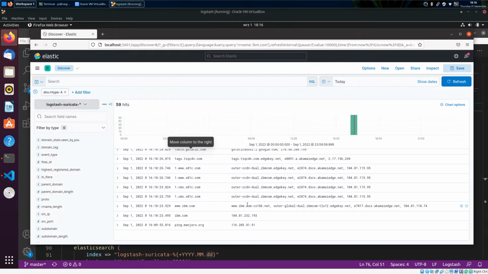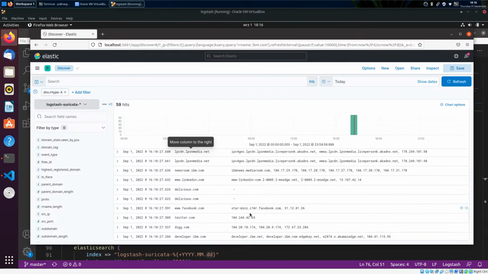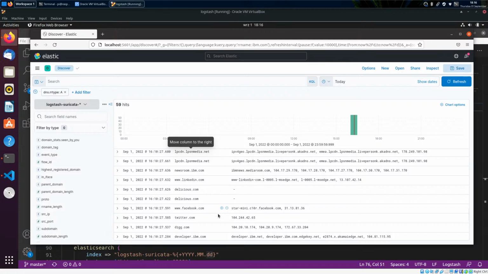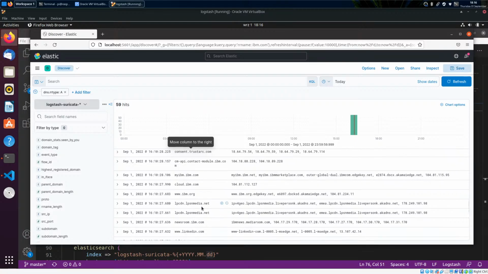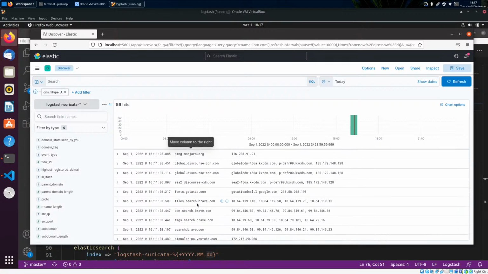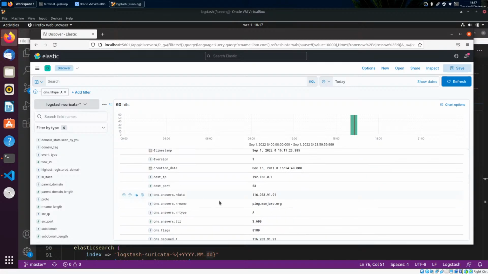If you are smart enough, you could see from this data not only that I was accessing Facebook, Twitter and LinkedIn, which in some organizations you could say are not authorized websites. Like you can see Manjaro is doing some pings on some frequency. So based on this you could tell that this source,